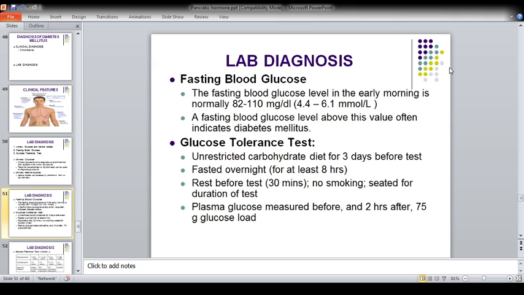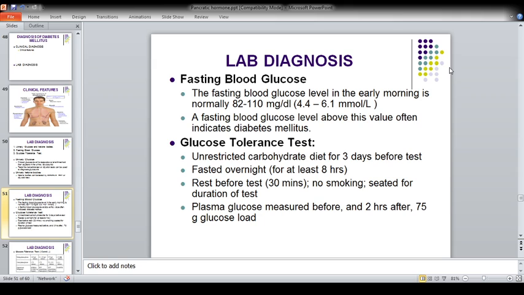So what do we do? We unrestrict the carbohydrate diet for 3 days before the test. We make the patient eat whatever he or she wants for 3 days straight. Then we ask the patient to take the normal diet for 3 days. Then we fast him or her overnight, that is from 12 p.m. till 8 a.m., for at least 8 hours. And then